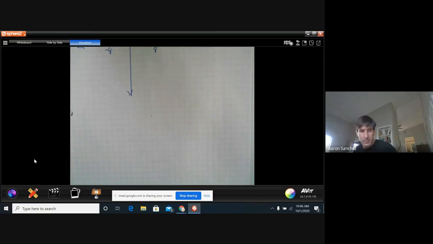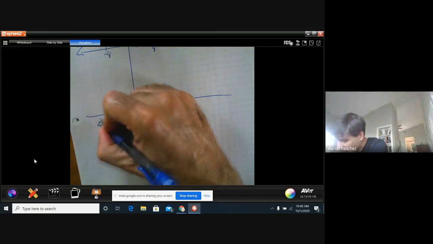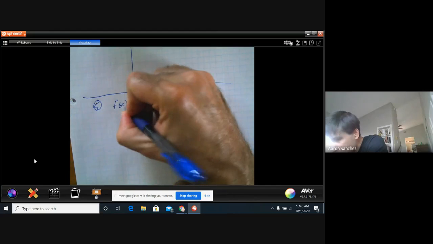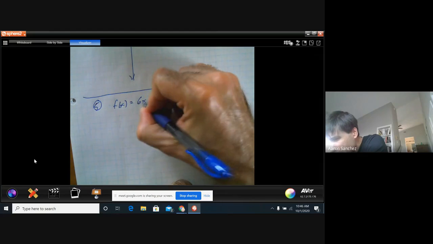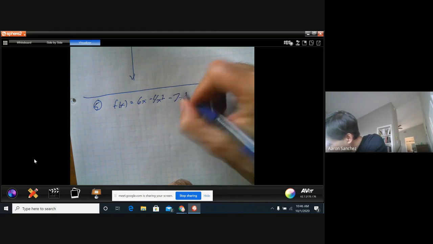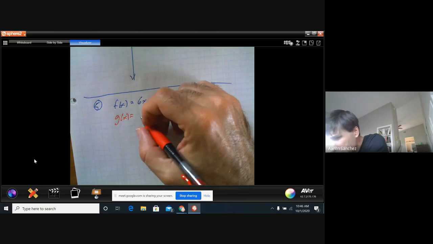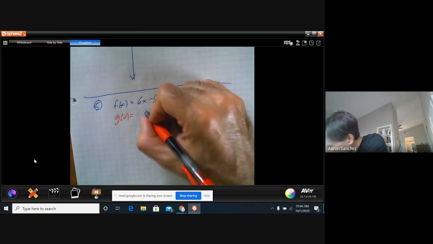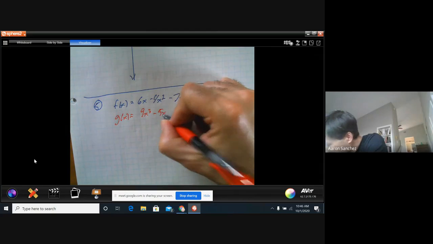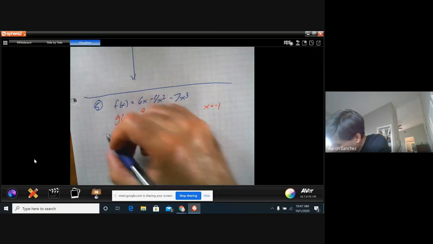Okay, I'm moving on. Real quick, I'm not going to do the whole thing for 5, but I'm going to show you a couple things that you can do. For 5, we have f of x is equal to 6x minus 4x squared minus 7x cubed. And then I have g of x is equal to 9x cubed minus 5x. And they want us to plug in x equals -1 when you do f plus g or f minus g. Let's do f